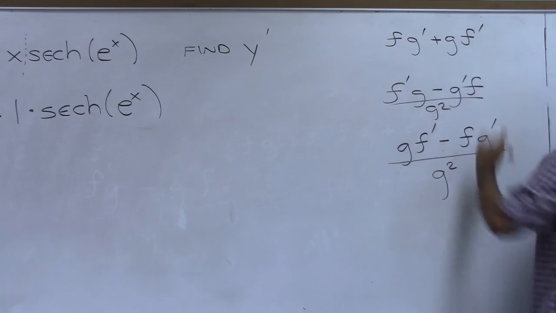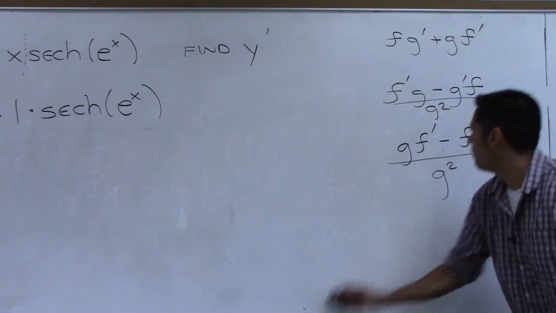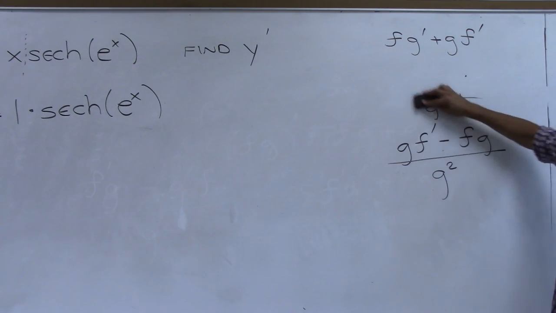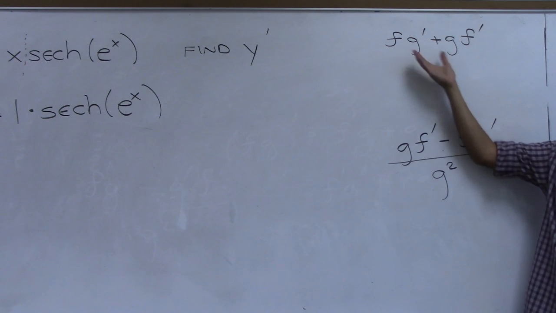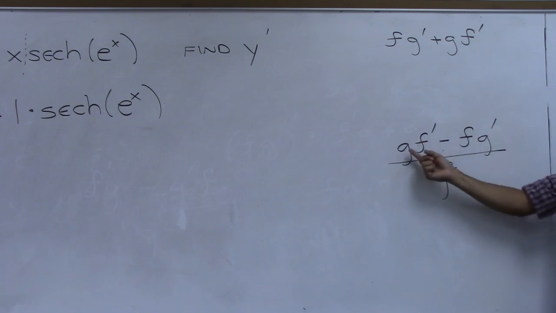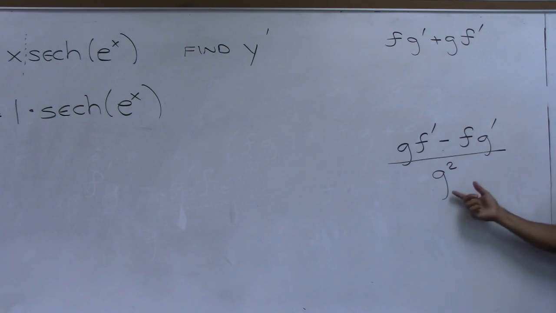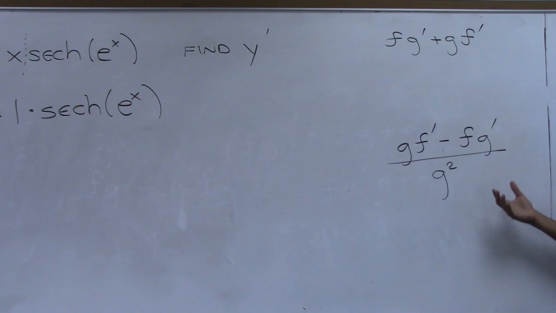Okay, see, this is why I don't like this formula on the formula sheet. Because look, this is the one you said, right? These are the two formulas according to this author. This is the way that they choose to teach this product rule and quotient rule. So they give you the product rule, it's fg prime plus gf prime. That's what's in this textbook. But then they say, hey, to learn the quotient rule, it's gf prime minus fg prime over g squared. You see how, if you're first learning this, you can really fumble this up?